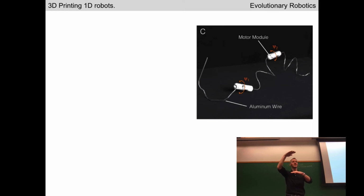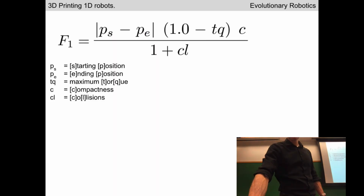The sensors sense what they sense. It propagates through the neural network to the motors. The motors do what they do. The robot interacts with its environment. The sensors sense, act, react, and around you go. You have a closed loop. So we have an open loop controller here, no sensors, just these motors. And for each one of these motors,